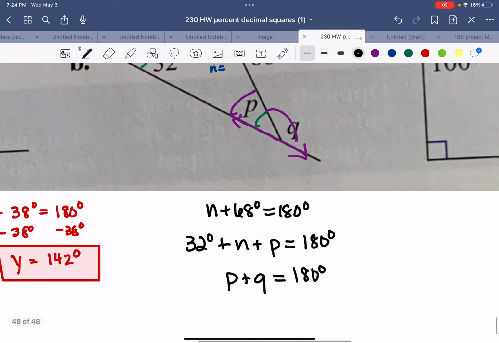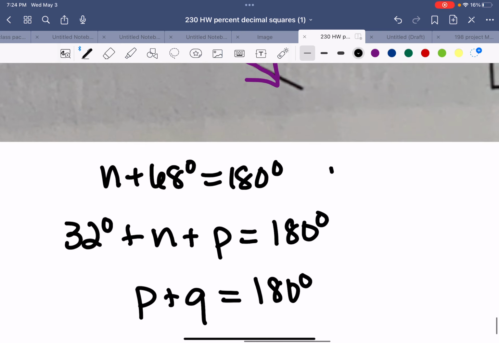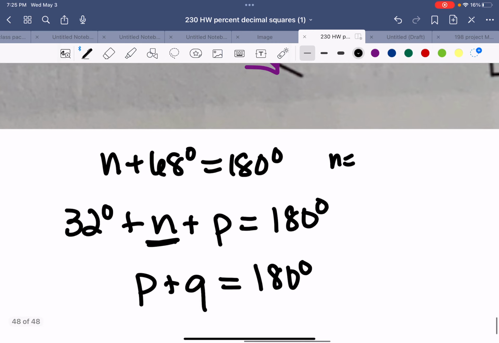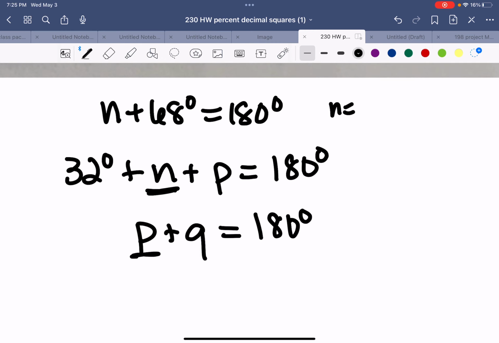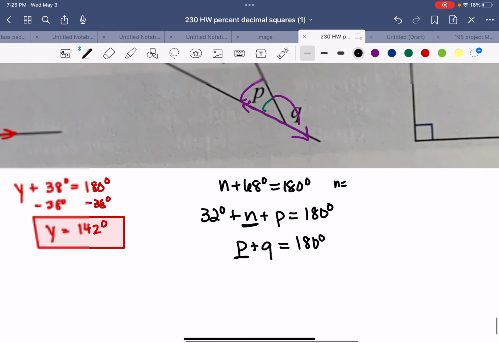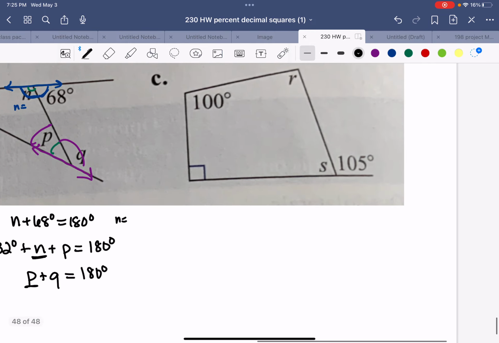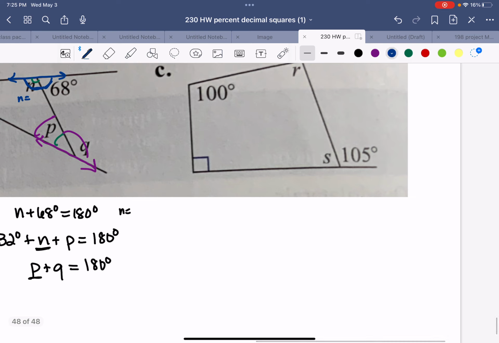In order to get these, you have to do them in order. So you're going to have to solve for N and then plug that in here. That's going to help you solve for P. Once you know P, you can plug that in here and solve for Q. Okay. And lastly, when you're finding R and S in this last one, first thing we need to note that